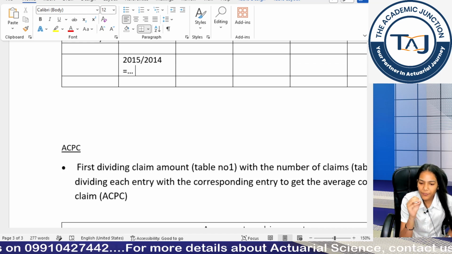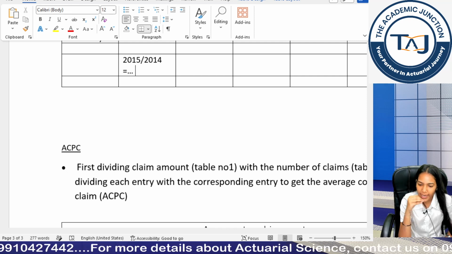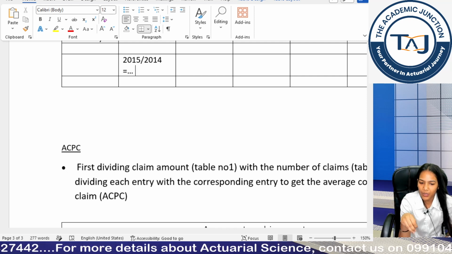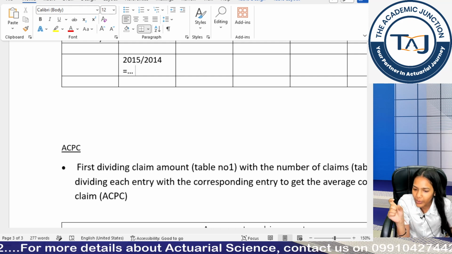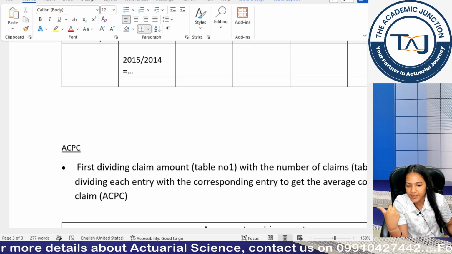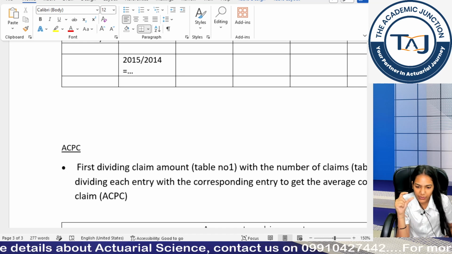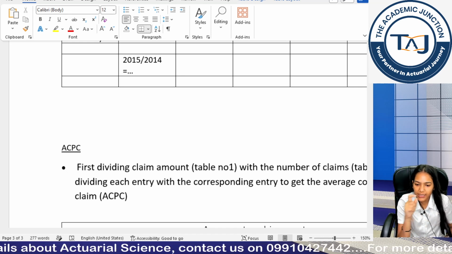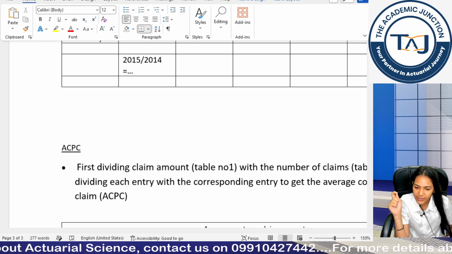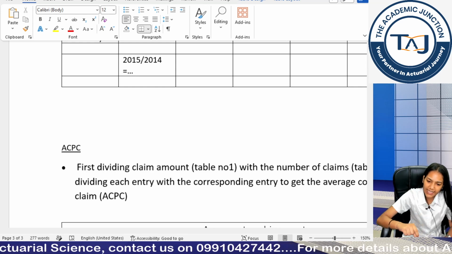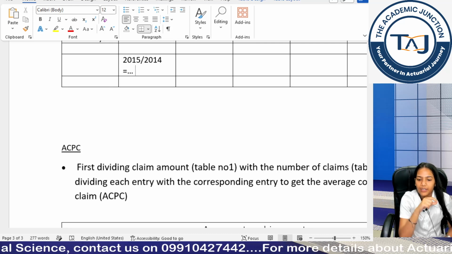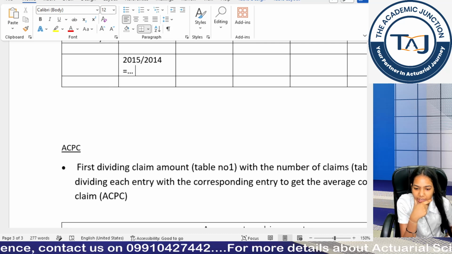Clear? Now if you have been asked for 10 entries and they use the same formula, then you can show 1 or 2 entries as the formula and the rest of the entries as normal entries. Okay, you can write at the start that all the entries use this formula, and you can show one example and then write the rest of the values as they are. That's also acceptable.